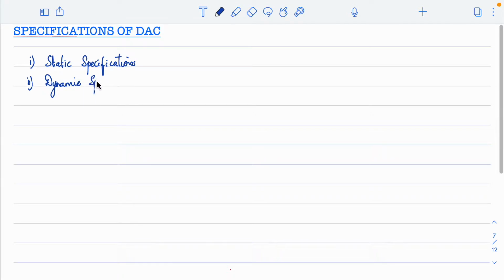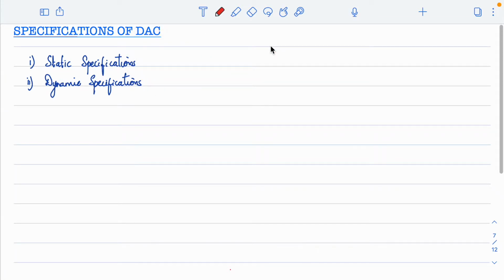Apart from this, if you look at the data sheet of any data converter, you will have n number of other details or information given. So we'll be limiting our study only to some of the important static and some of the dynamic specifications. This is how we can classify the specifications as static and dynamic. Now coming to the static specifications,